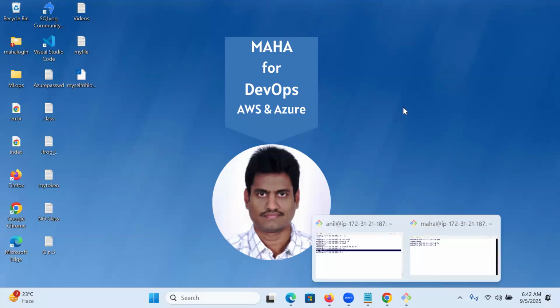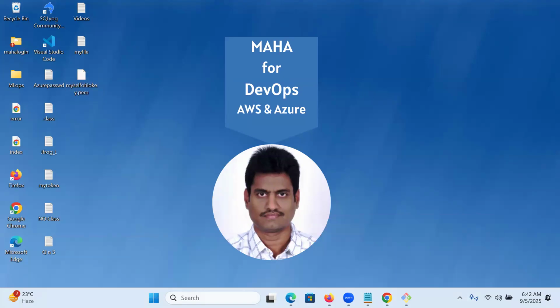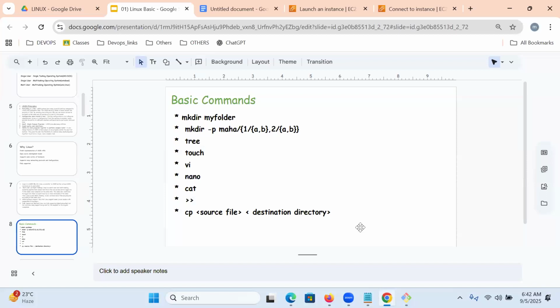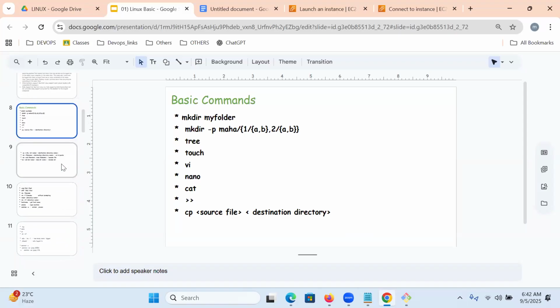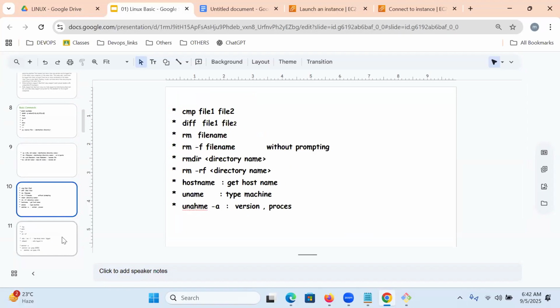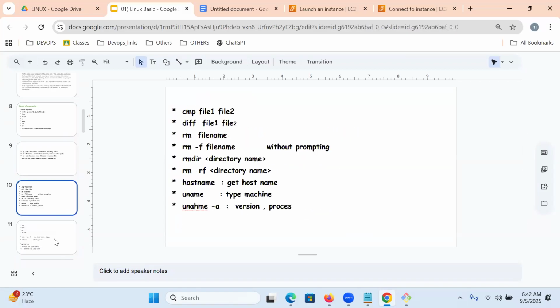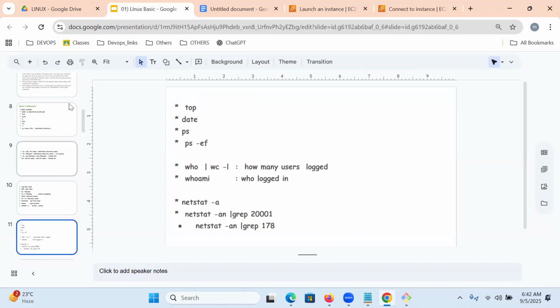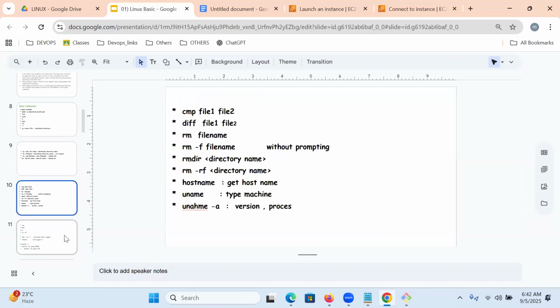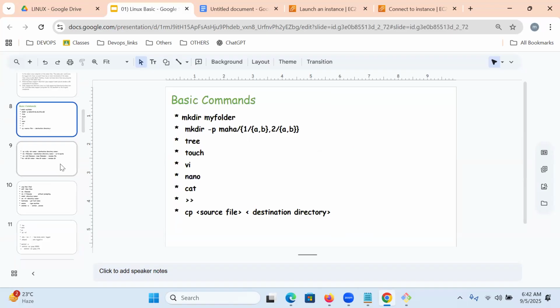So first, let me show you. Somebody may already know Linux, but please bear with me for today because some students don't know Linux basics. That's what I'm brushing up. Before moving into Ansible, these Linux basics are very, very important. These are all the Linux basic commands. Directly I'm not teaching; first, let us experience Windows. The same thing I'm simulating in the Linux environment, so that it is easy to understand.